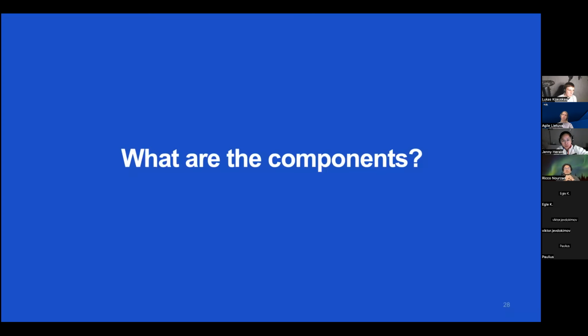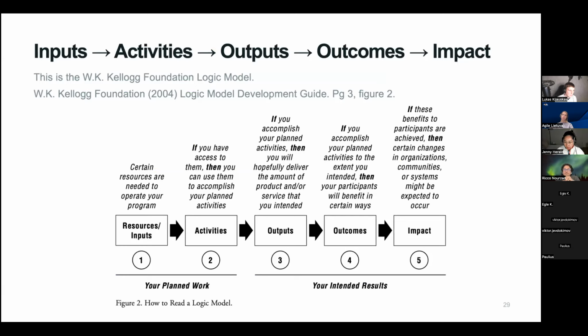So what makes a good OKR? I would say that you need to understand the components before you can even have an answer to that question. My favorite way to think about the universe is Kellogg's logic model, right? We have a bunch of resources, people, inputs, and we're doing a bunch of stuff in terms of activities.